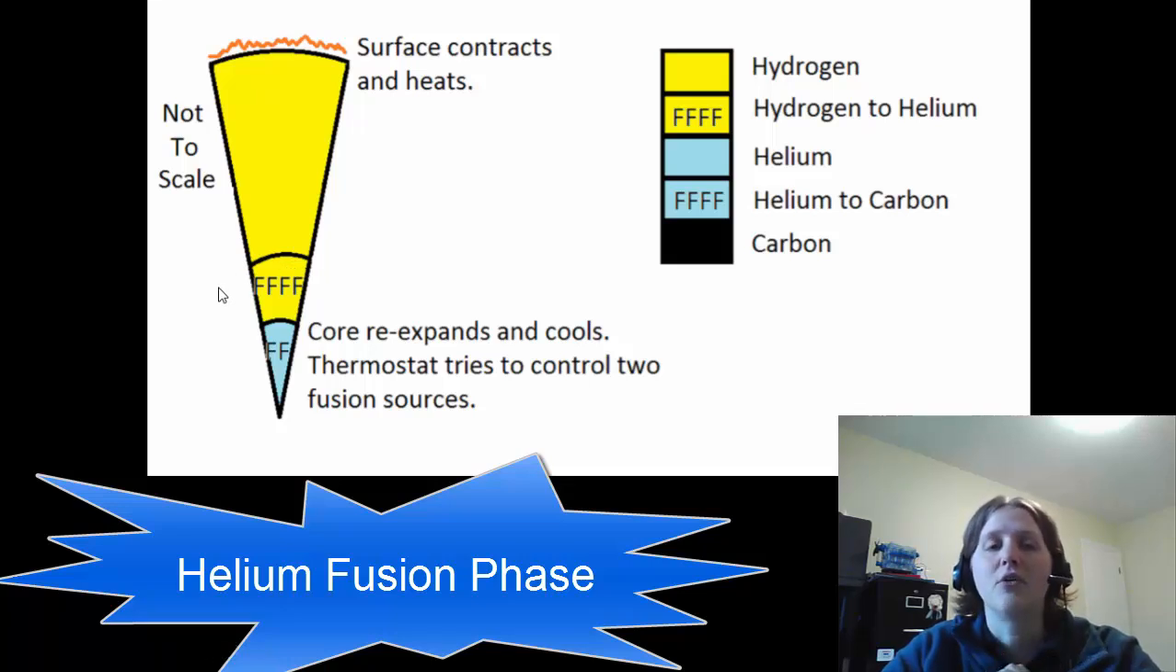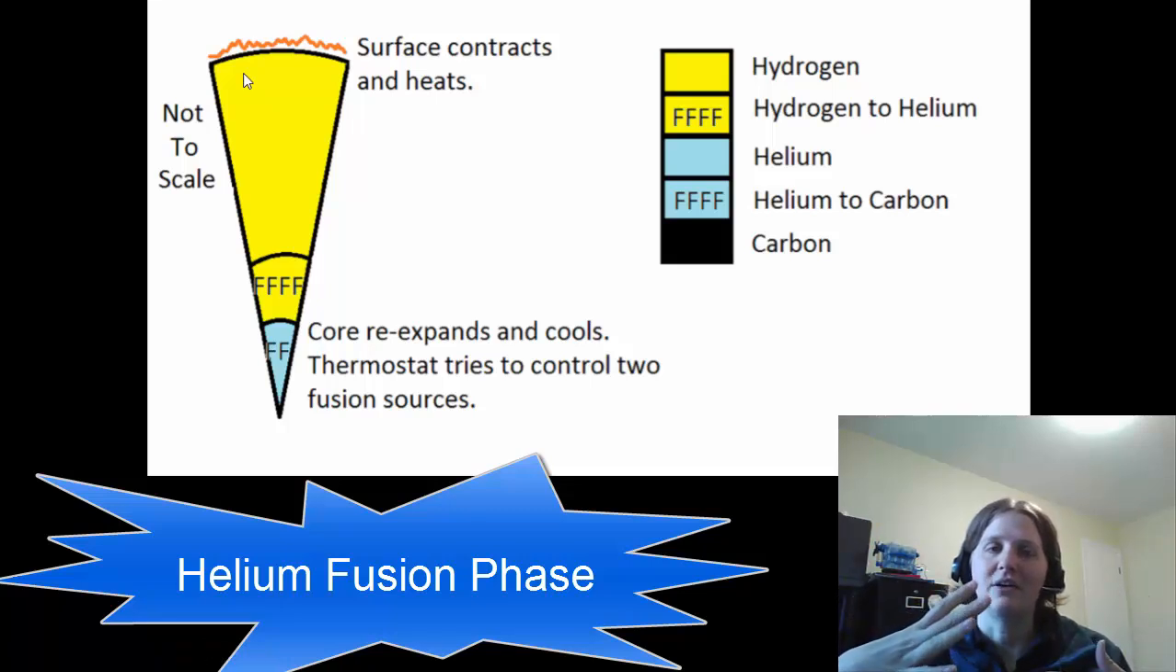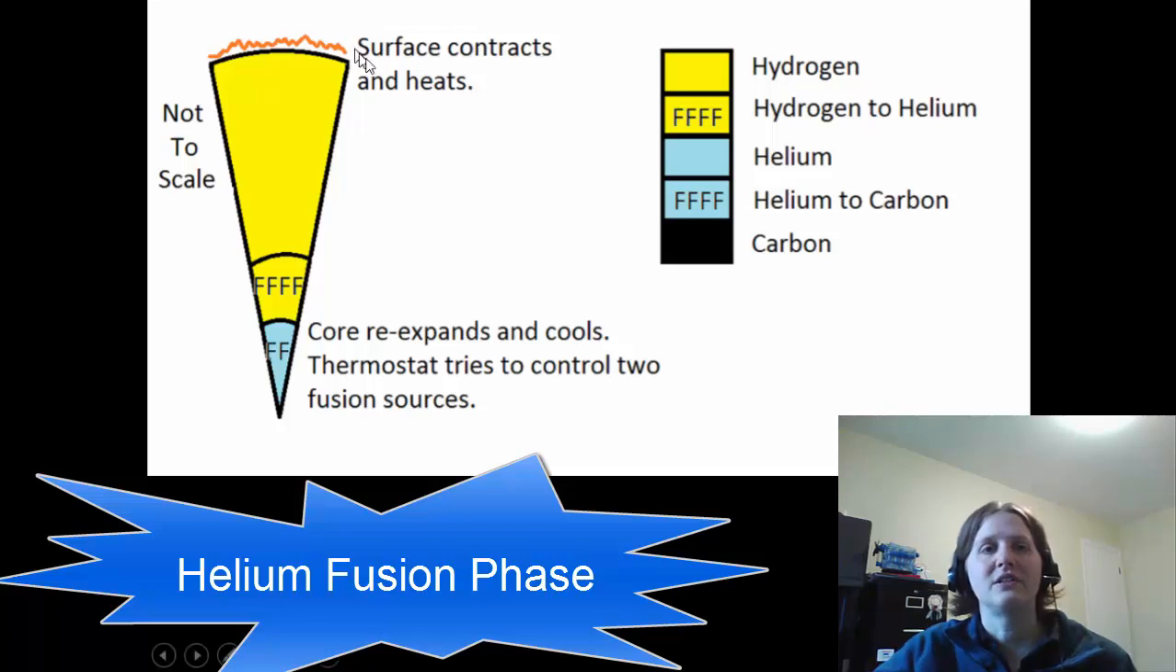Because the core is now fusing, it can re-expand itself and fight against gravity. That'll cool things back down a bit. That'll cool this shell off a bit. Overall, what helium fusion does is it brings the star back into control. And so the fusion rate goes back down a little bit, and it allows the outer layers to shrink back down almost to their main sequence levels. So the surface is going to contract a bit, and it's going to heat up,